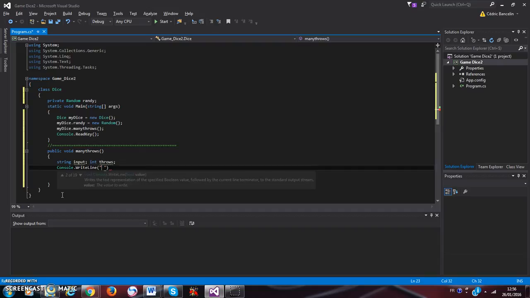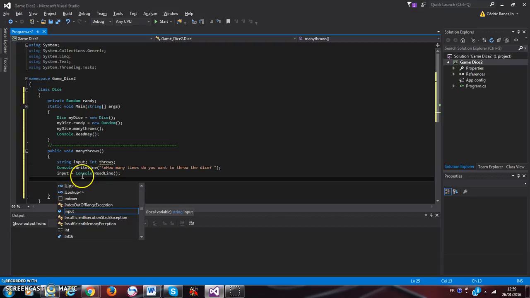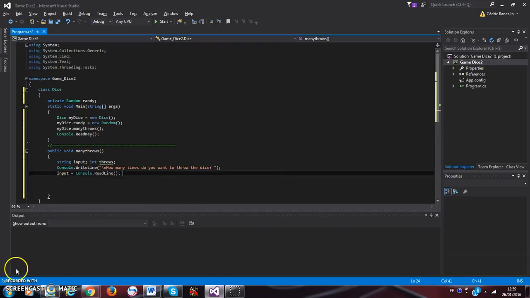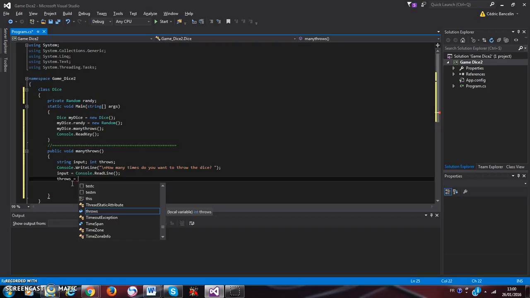by the way, just add a /n for new line. How many times do you want to throw the dice? To allow the user to input the number of times that he would like to throw the dice, we do input equals console.readLine. Then the number of throws will be displayed by throws equals